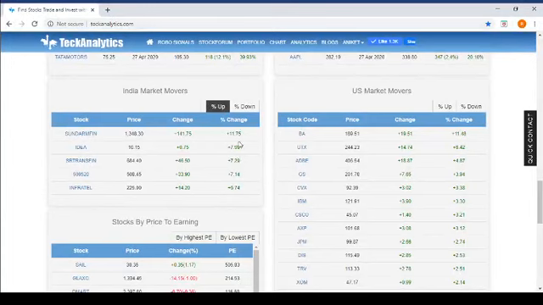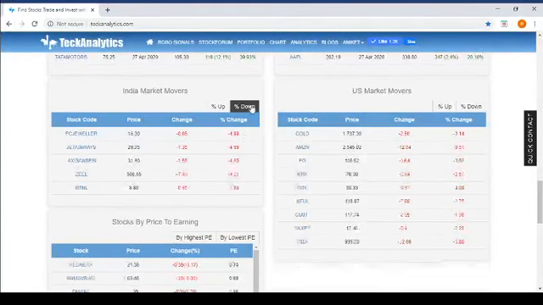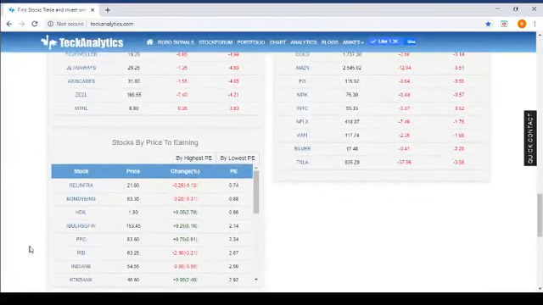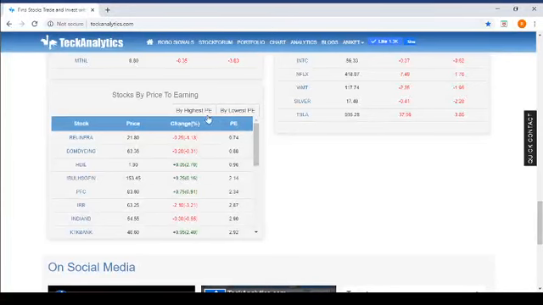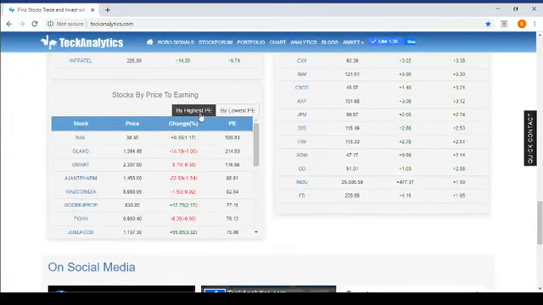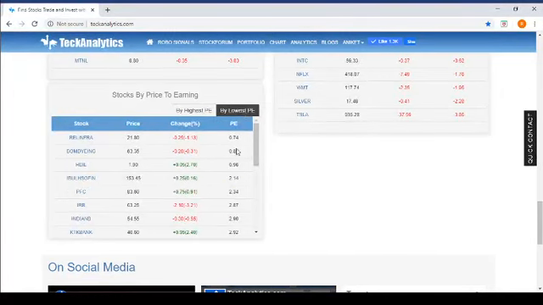These are the top stocks on the last closing day, percentage wise gainers, and this is the losers when you pick down. And stocks by price to earning PE ratio: this is the list of stocks which have the highest PE, for example SAIL, Glaxo, DMart, Ajanta, and you can see the PE value. And these are the stocks which have the lowest PE, but we are keeping only stocks above zero, because there are a lot of companies which are in loss, so we are not showing the list of companies having PE below zero.